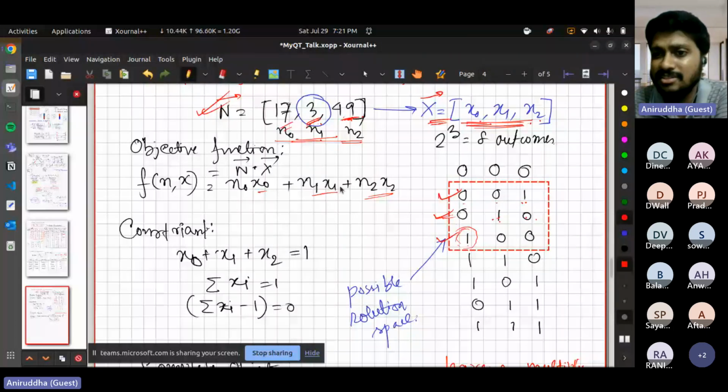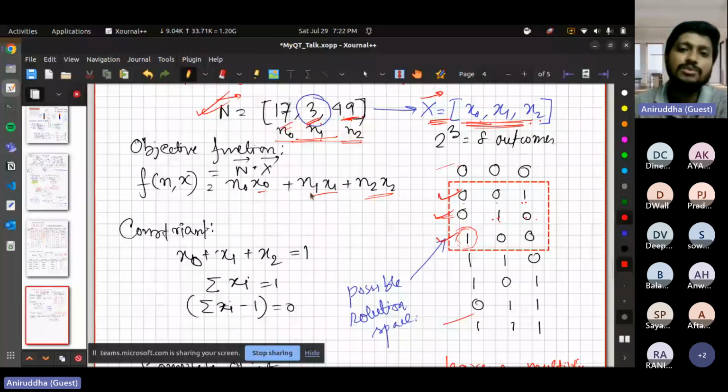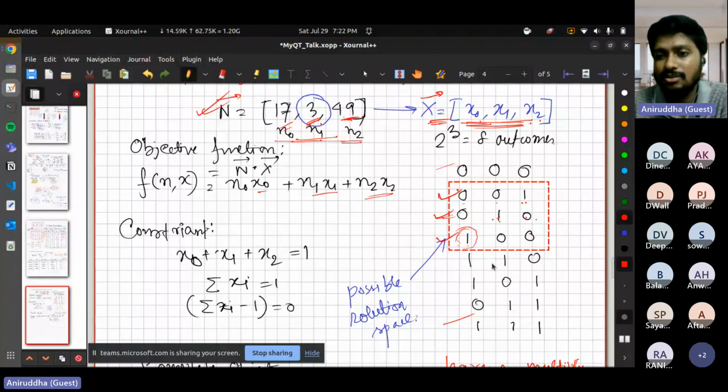The rest of the bit strings, 000, 110, 101, 011, 111, are not even relevant to this particular problem, because the thing we are trying to find is the smallest number. A problem cannot have two smallest numbers, right? So you can see where two bits are 1, that bit string is not a valid answer. The same thing happens for the three ones. So that's why we also have to put in a constraint.